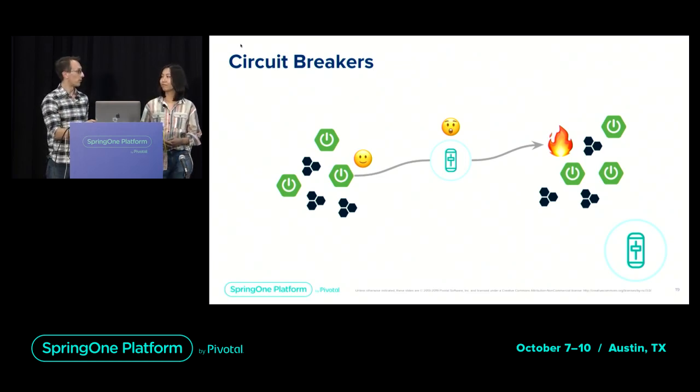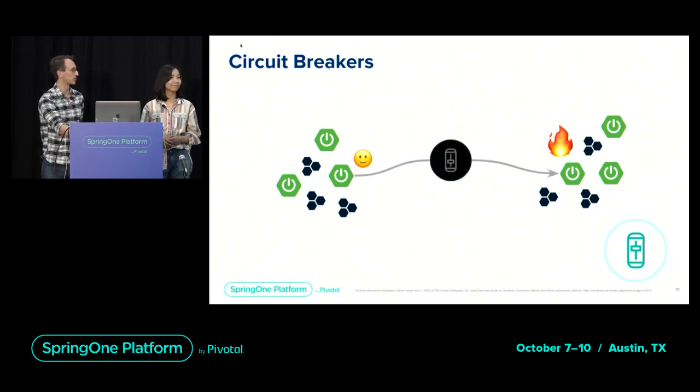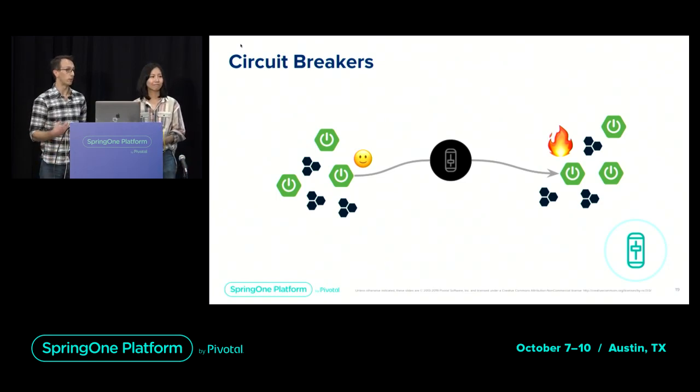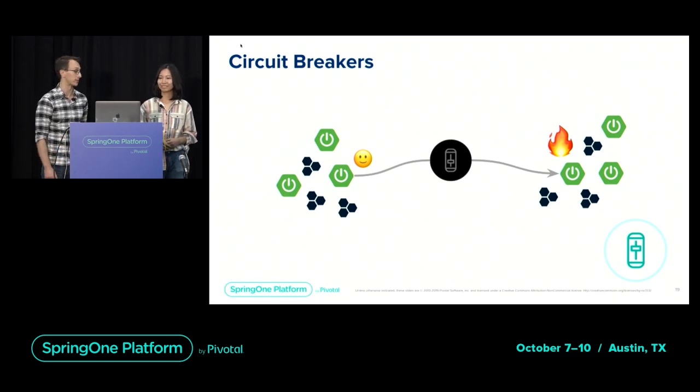When a fault develops in our app, it's our circuit breaker now which notices. The circuit breaker's job is to switch from accessing the failing app to a different implementation. And here we're showing it failing over to another application instance. But really, the failover behavior can be anything that you want it to be. So another common pattern is to return a request based on cache data, for example. But the point is that our client app is able to stay up and running in a healthy state, so